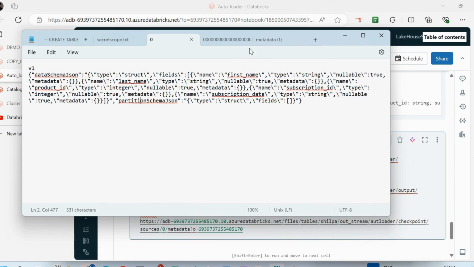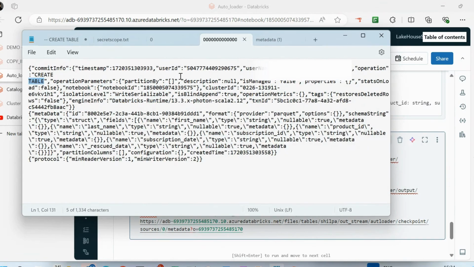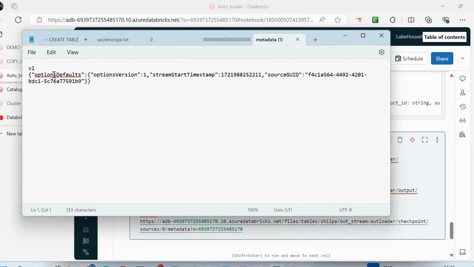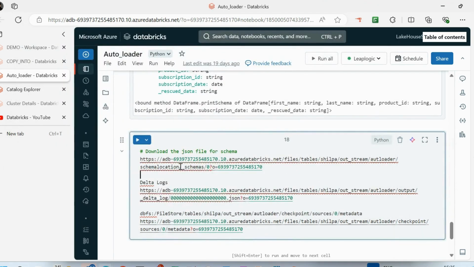Now comes the JSON file that I will go ahead and get. In the JSON file, it will give you at what timestamp the commit has been done, what operation it has done, and what my metadata is. It will just save these details to your particular JSON file. And this is my metadata. Again, this metadata is just going to show you what your stream ID is, your timestamp and your GUID. So basically, the major benefit that you will be getting is from the schema that you have from here.